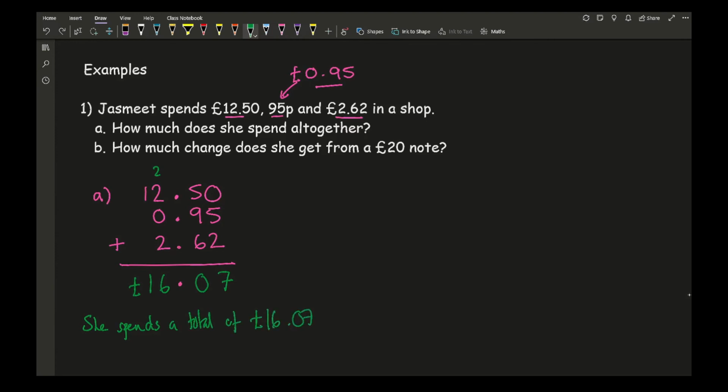£16.07. Now there's no need for you to write the P, because you've got the units of pounds, that's going to be absolutely fine. So moving on to question B, the question then says, how much change does she get from